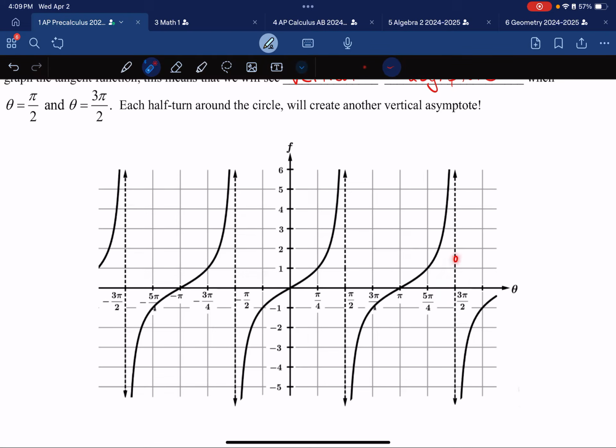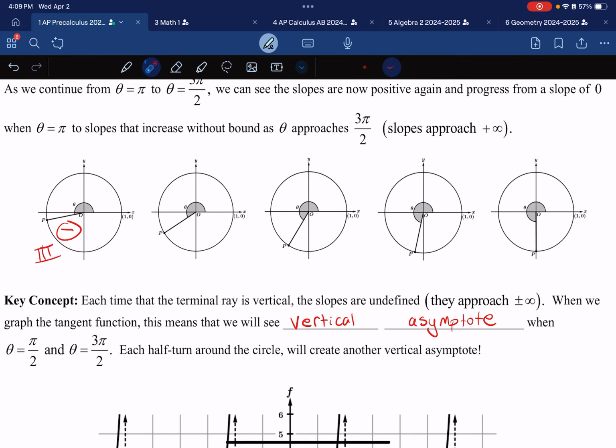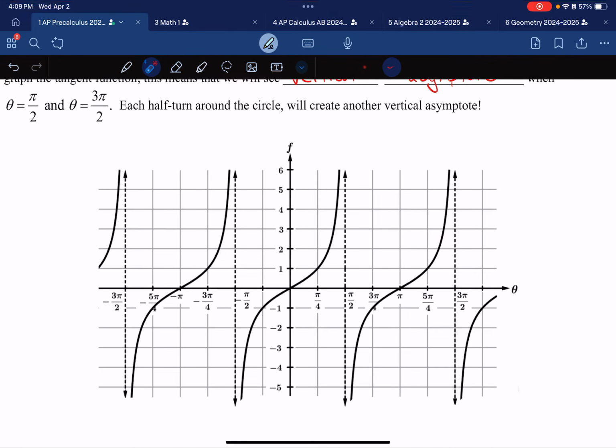What about this 3 pi over 2? Well, 3 pi over 2 corresponds to this angle pointing straight down. Again, the slope is undefined, and we have a vertical asymptote. Horizontal would have been that one, right? So vertical asymptote. And the equation of a vertical asymptote is x equal to that number. So in this case, it's x equal to pi over 2, or you can say x is equal to 3